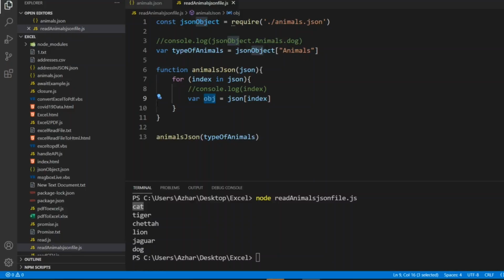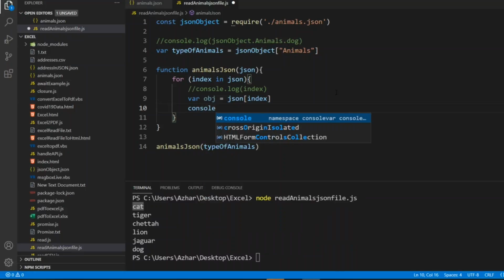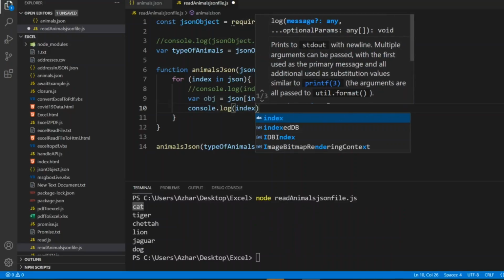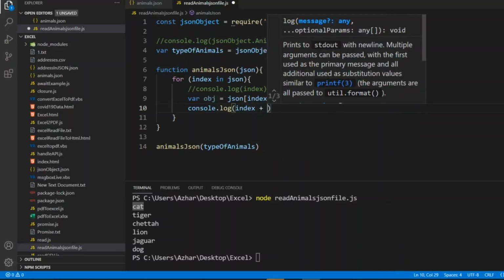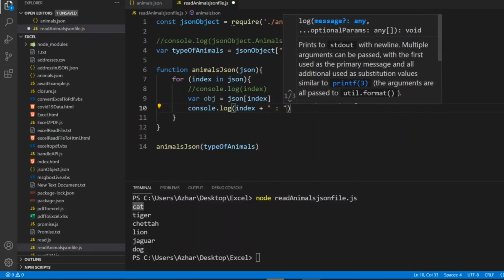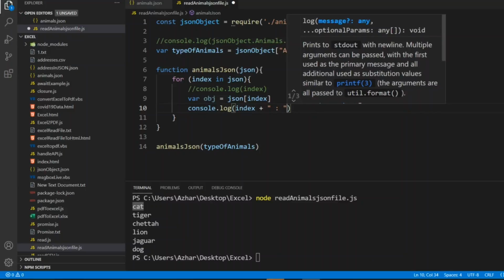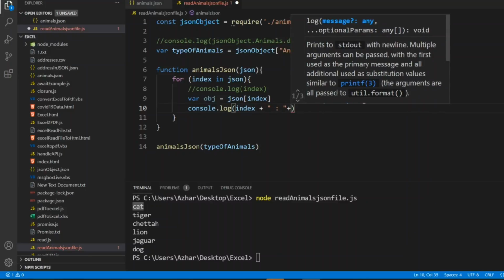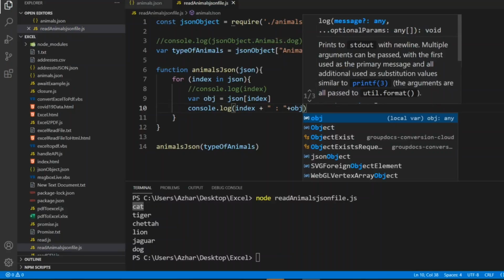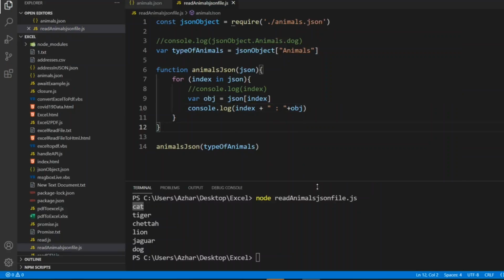That is the meaning of this. So how can we write it here? So console.log, I want index, which will be cat. I want to specify obj. Right, let's see what it does.